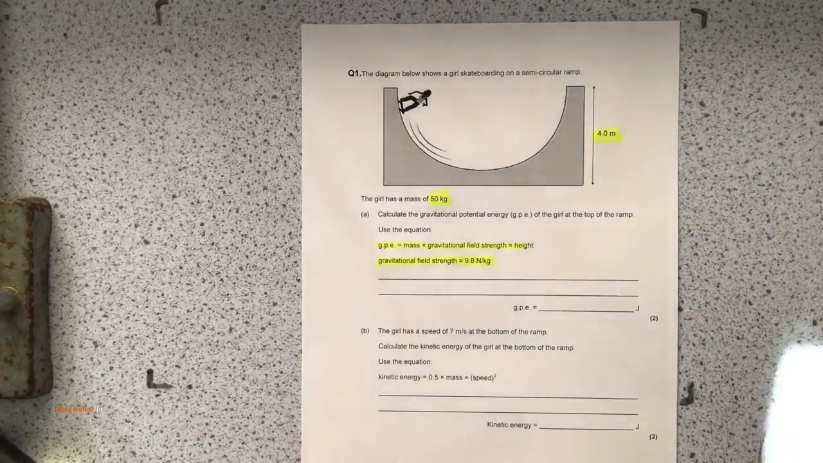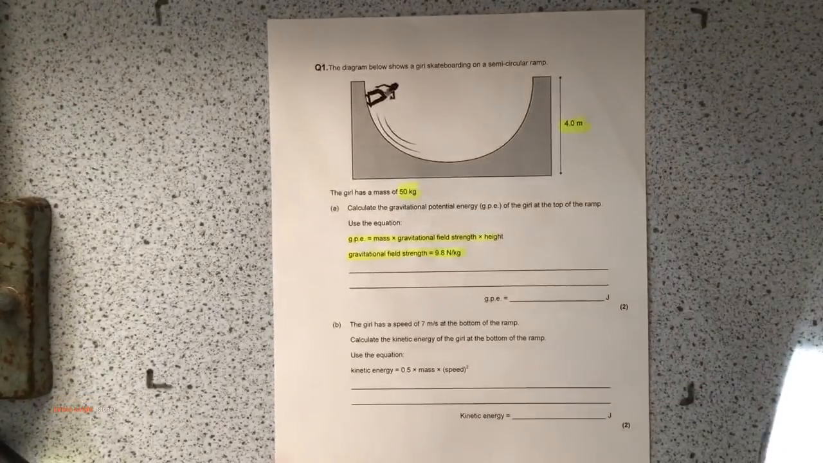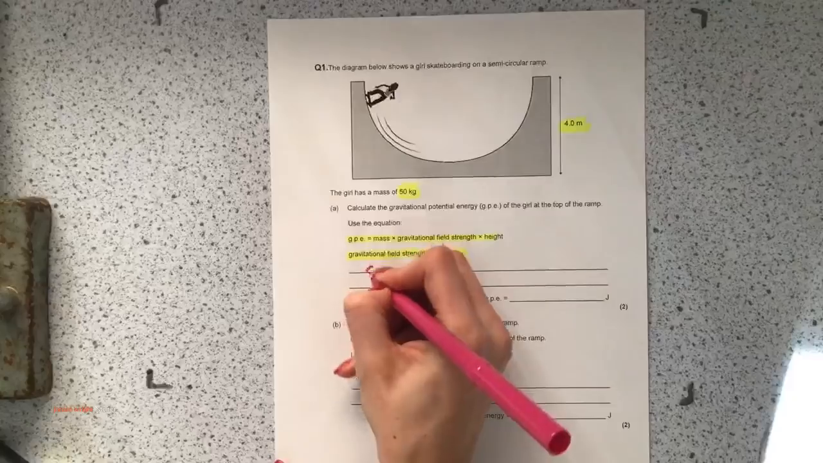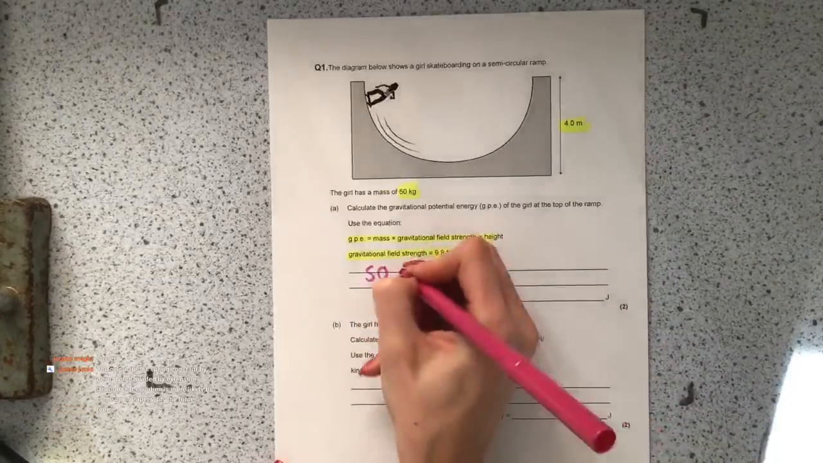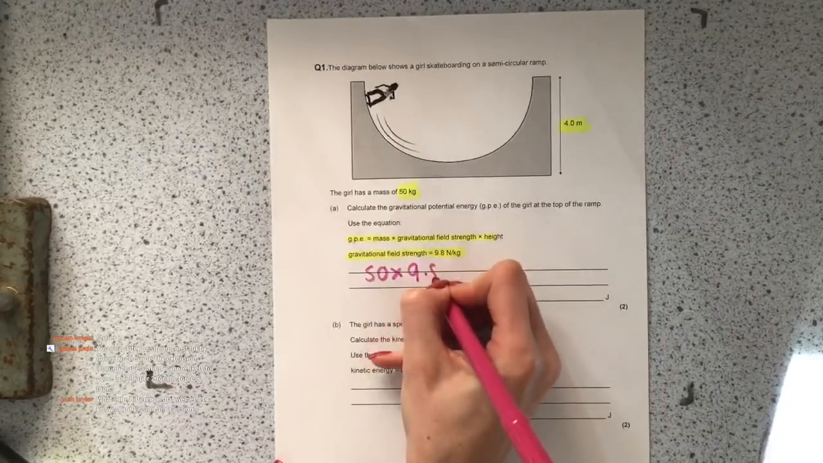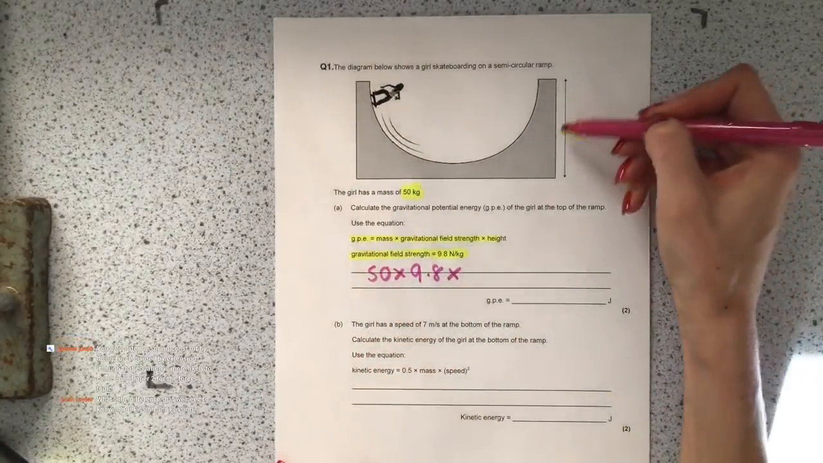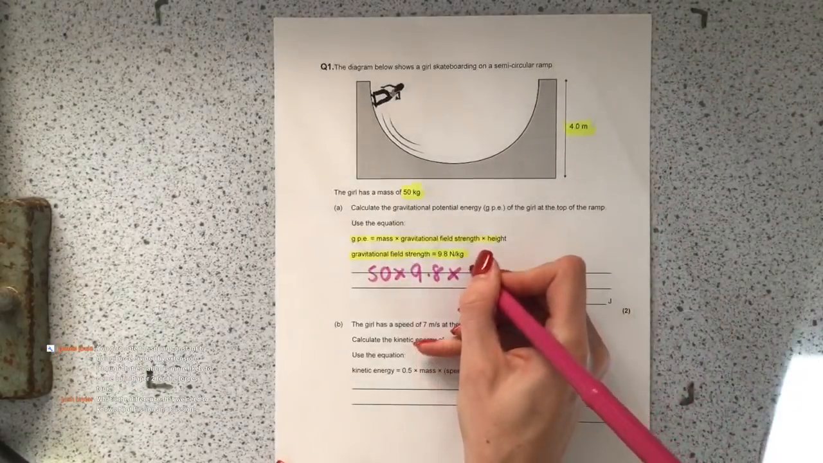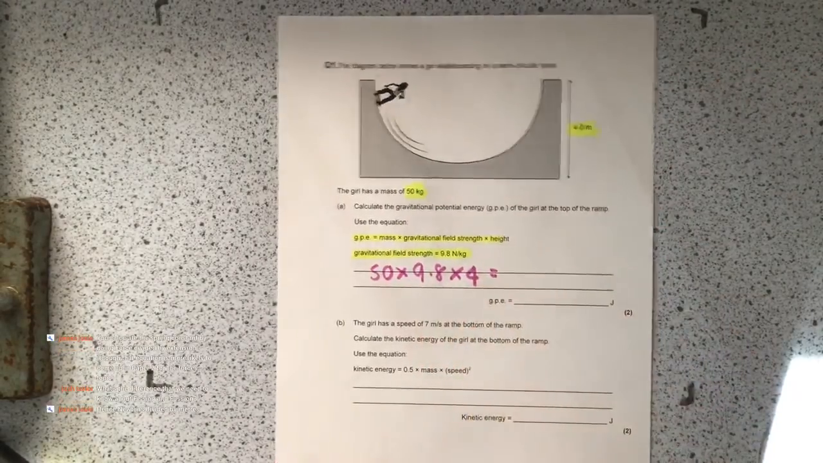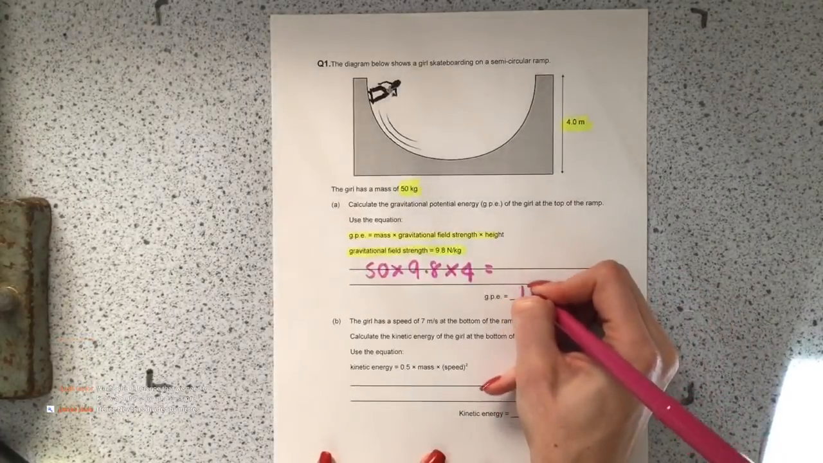So all you have to do for this question is simply put the numbers into the equation. So the mass is given to you in the question. So we've got 50. We're going to times it by the gravitational field strength, which they've given you also in the question. Always use the number that they give you. Times by the height. The height is up here in the diagram. So times by 4. Obviously put all that in your calculator, just timesing it together, and the answer you should